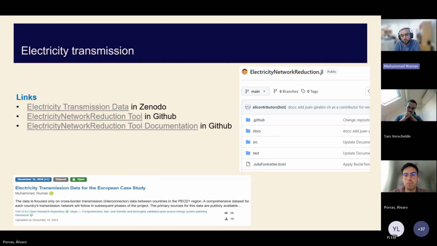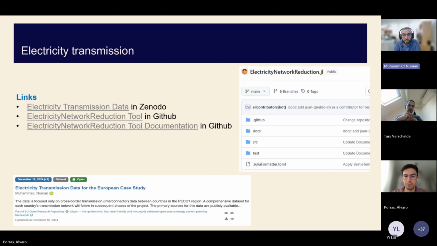And we have also provided 5 to 6 case studies ranging from a small case study like the IEEE 6 bus case study to a larger network of the 2000 bus systems, and also the European case study, which is around 7,000 buses. And then you can use the tool to reduce it to your own resolution.